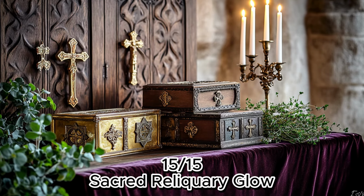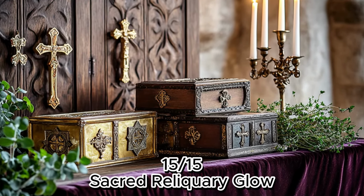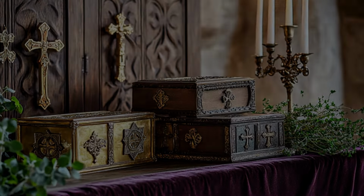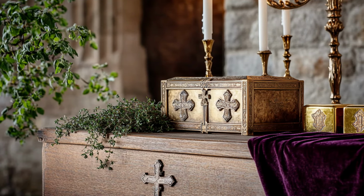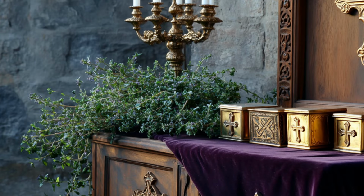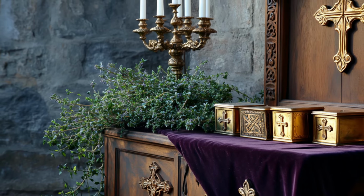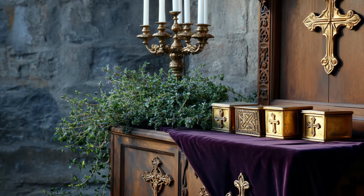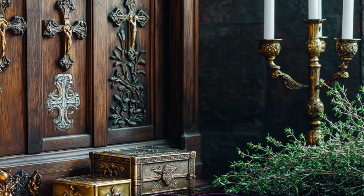Idea number 15. Sacred Reliquary Glow. Inspire reverence with this elegant, medieval-inspired decor. Picture a wooden cabinet with carved crosses, its shelves holding ornate reliquary boxes in gold and bronze, surrounded by sprigs of fresh thyme. A tall candelabra with white taper candles stands beside it, casting a soft glow that highlights a